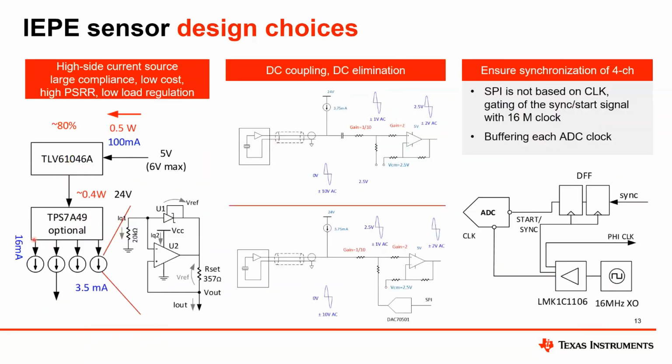So 4 current sources are implemented, as mentioned, using a quad op amp and shunt regulators. Each has 3.5 milliamp, so about 16 milliamp with a 24 volt generated using the LDO. So we are talking about 0.4 watt of power here. The booster at such load is running at 80% efficiency, which means the 4 current sources use about 0.5 watt. So this actually constitutes half of the power required for the whole board. So the whole board runs at around 1 watt.